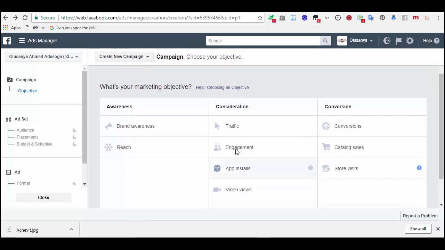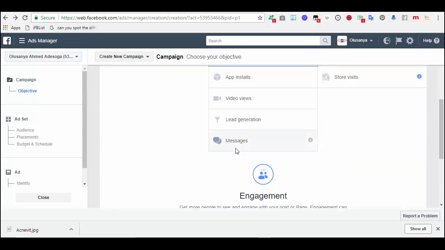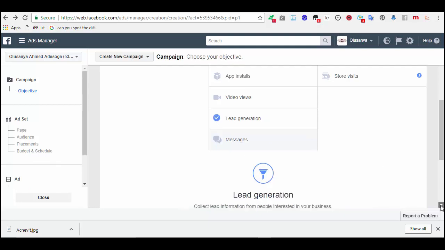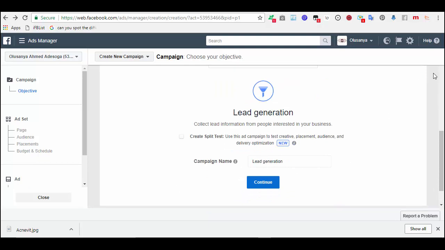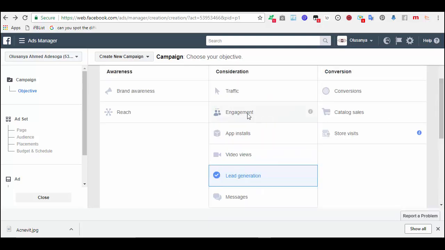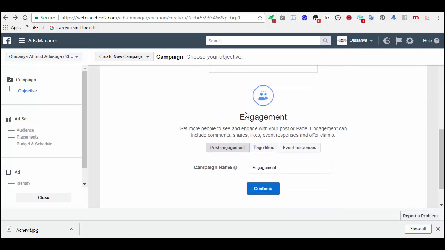So now that I want to create an ad, just choose engagement. Just choose engagement. No, not lead generation, engagement. Okay, now let's click on continue.